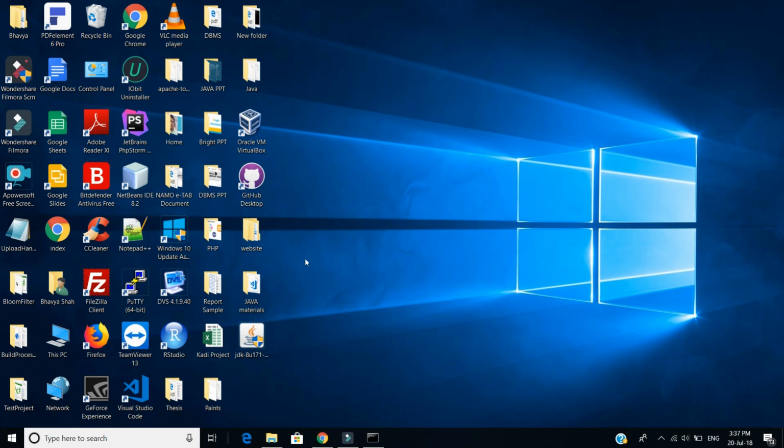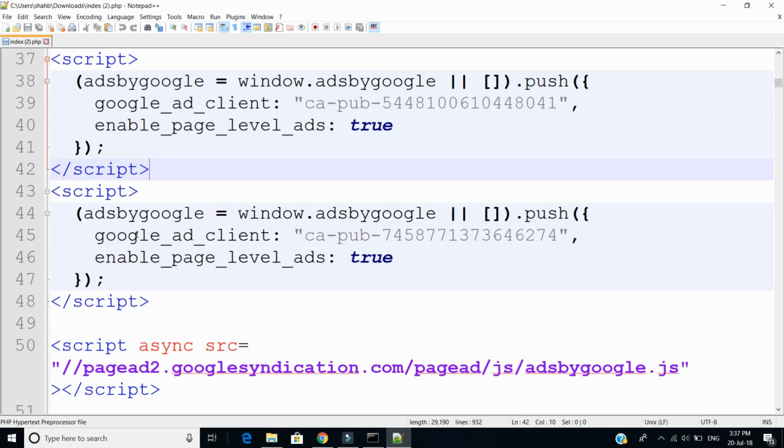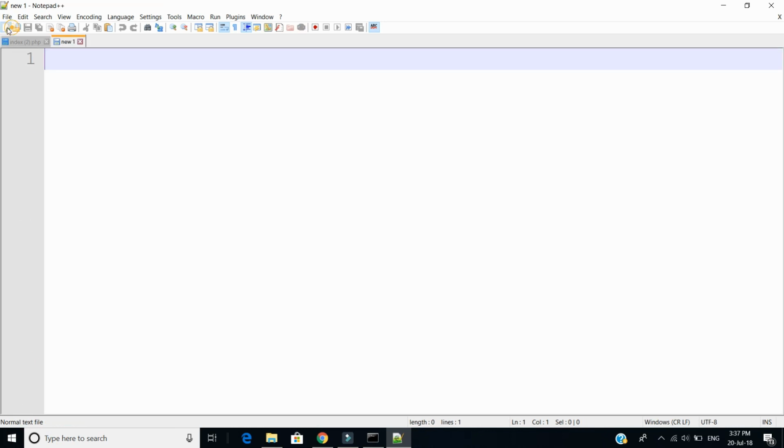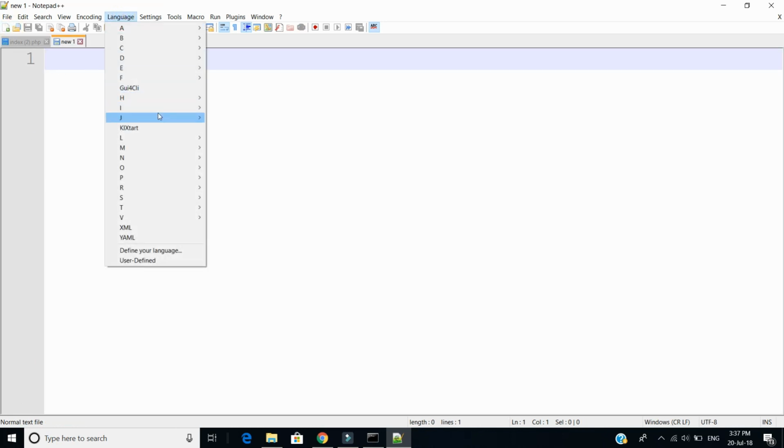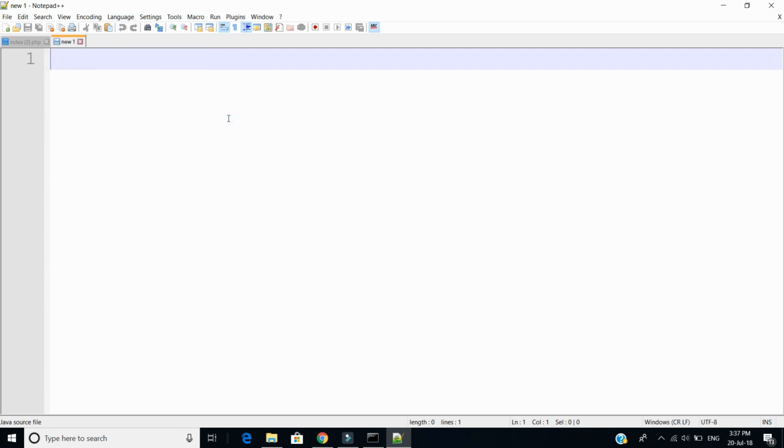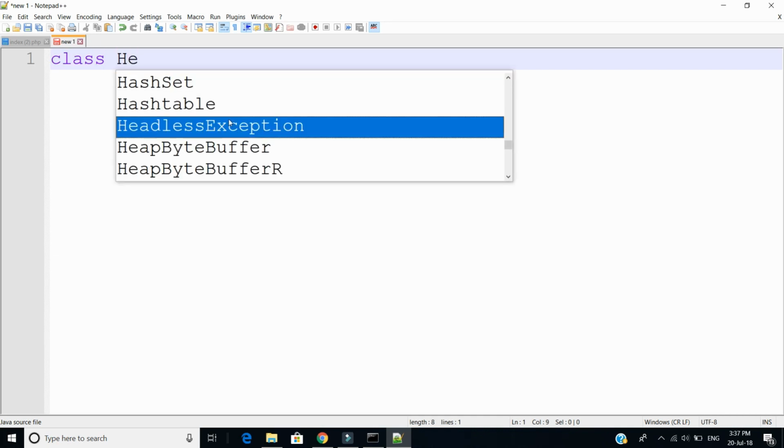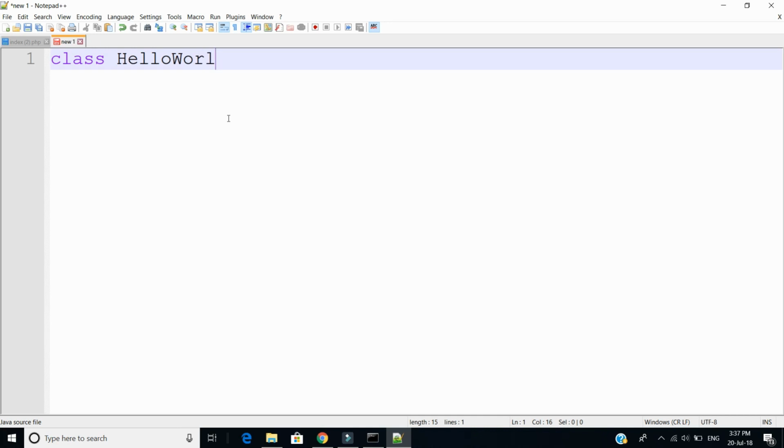We just double click on Notepad++ and click on a new tab and select language Java. Here we simply start with the class name HelloWorld and open and close curly brackets.